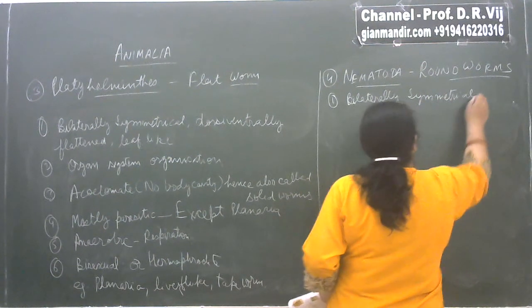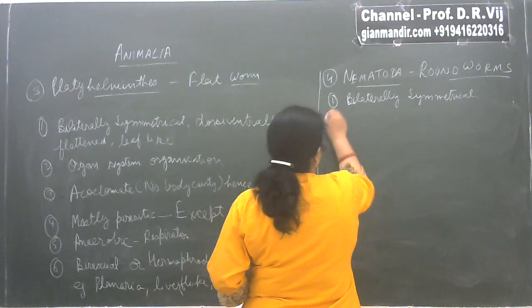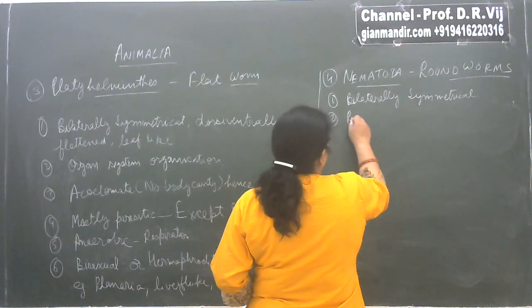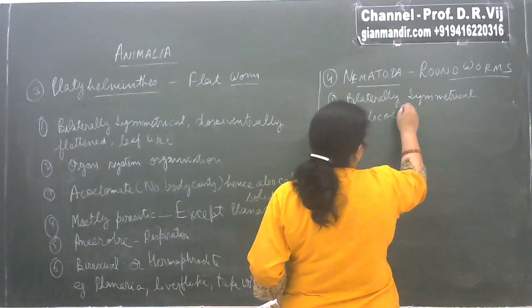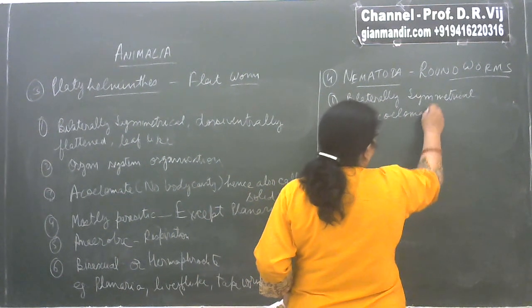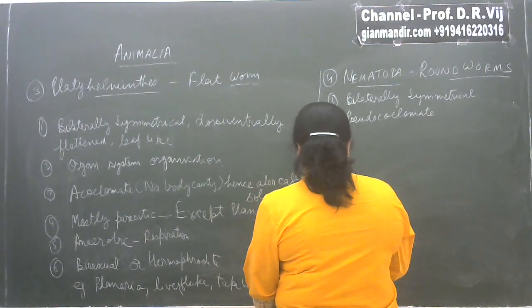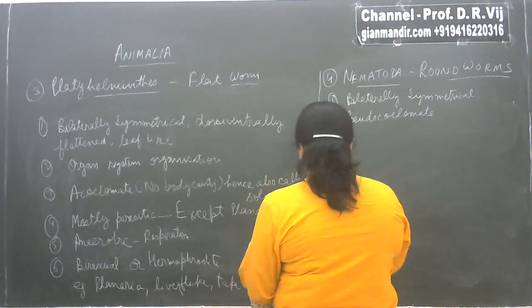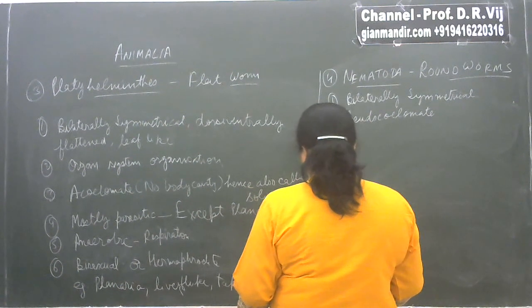Bilaterally symmetrical again means the body can be divided into identical halves. Pseudocoelomate means they have a false type of body cavity. No true body cavity is present here in the phylum Nematoda. So pseudocoelomate organisms,